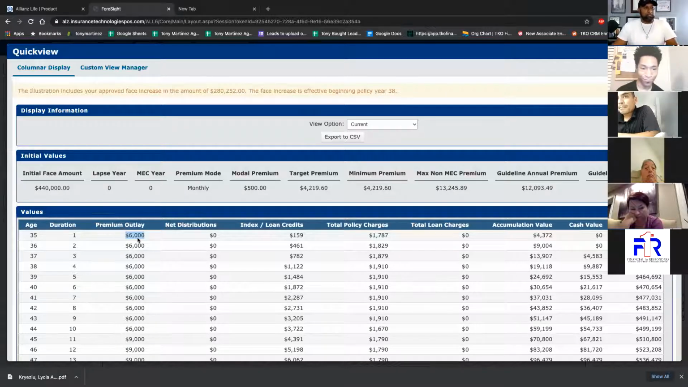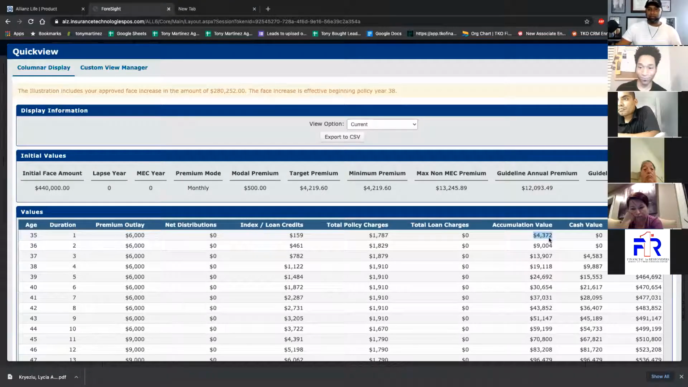35 years of age, you put $6,000 in. At the end of that year, you've got $4,372 in cash value. But if you quit, we're getting nothing. $0. Your insurance started at $440,000. How much is it worth at the end of year one? $444,372. Wait a minute, why did it go up? And how much did it go up by? It went up exactly by